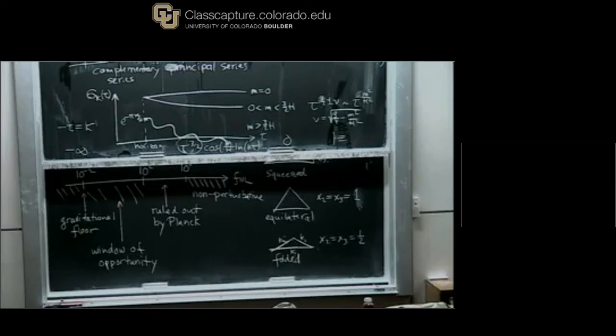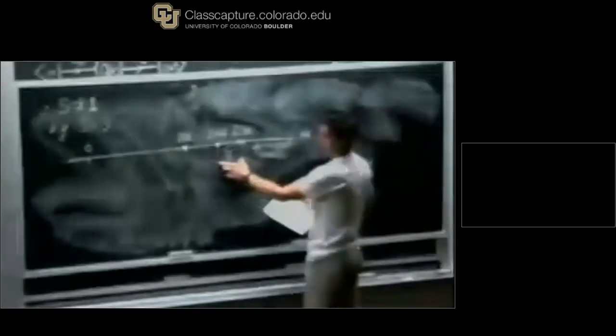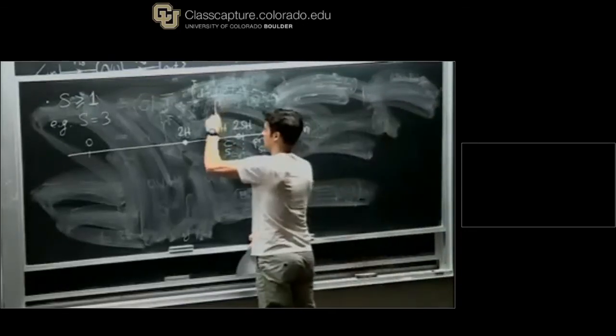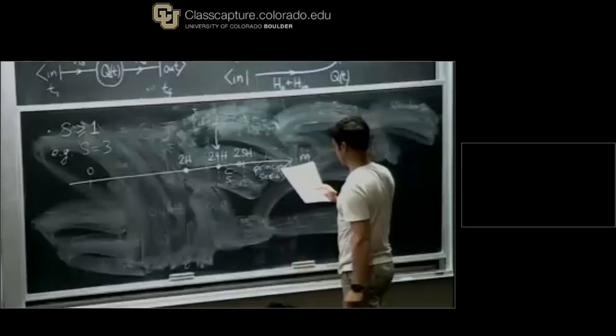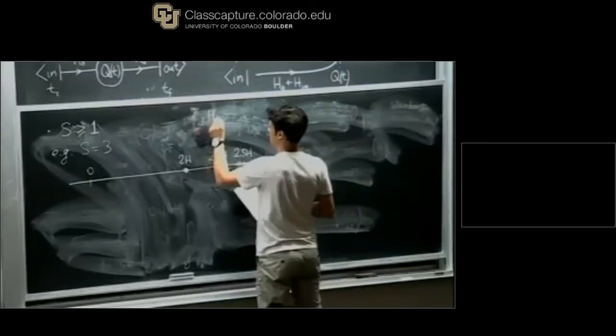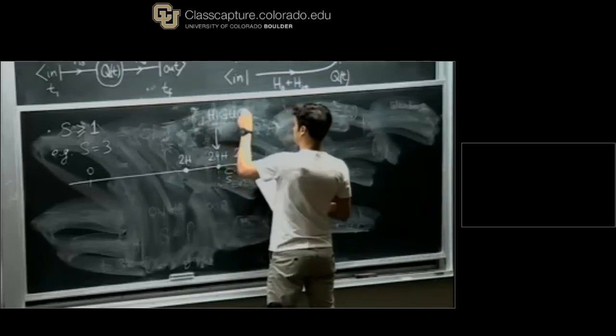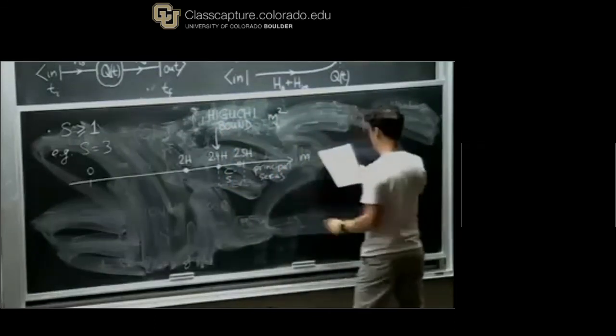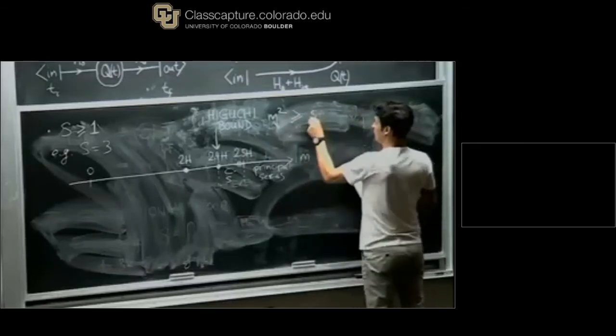It turns out this 2.5 is the division between the principal series and the complementary series. The complementary series ranges from 2.4 Hubble to 2.5 Hubble. It's a pretty narrow range for spin 3. In fact, this critical value of 2.4, or square root of 6 Hubble in this case, is a generalization of what's typically called the Higuchi bound, which in general terms is described as m squared has to be greater or equal to s times s minus 1